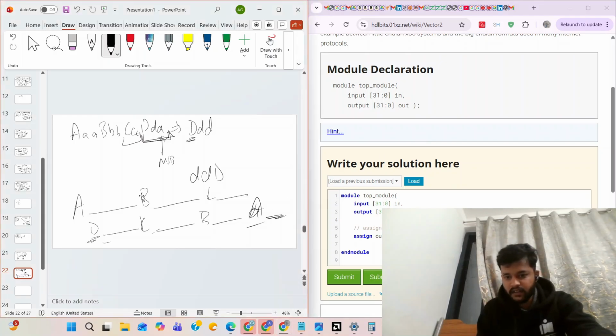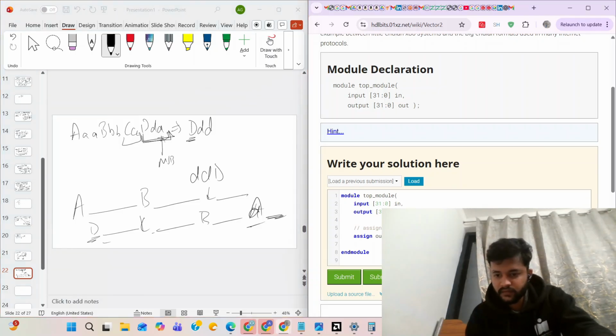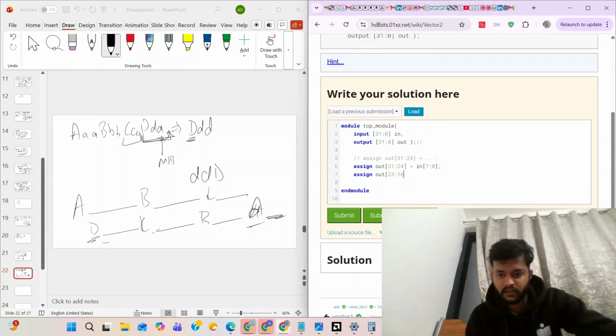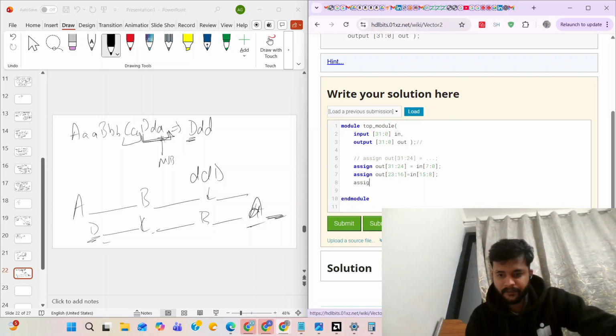We'll assign initially, so we'll write the other code: 23 down to 16 equal to 15 down to 8, and 15 down to 8 equal to this 23 down to 16.